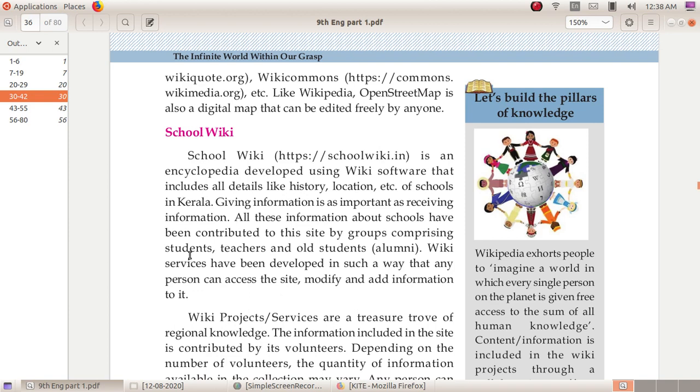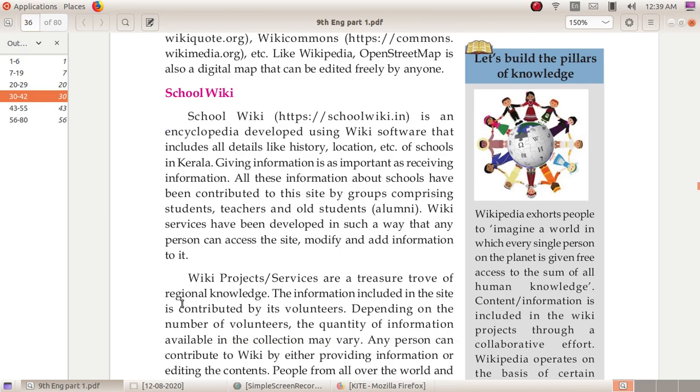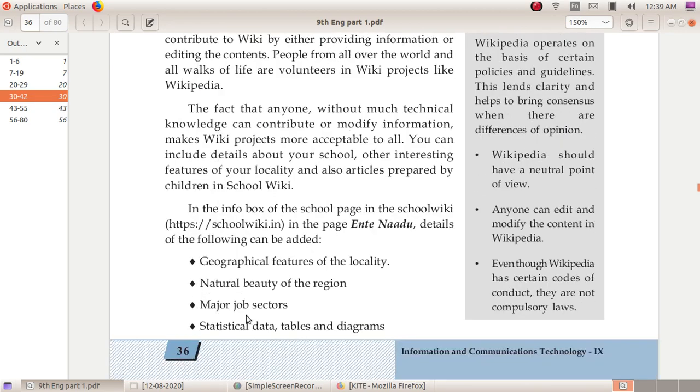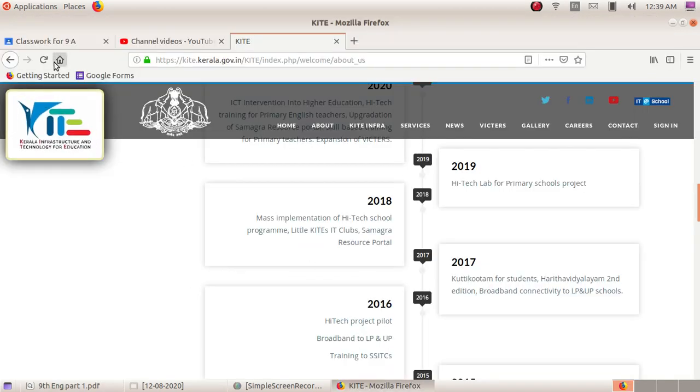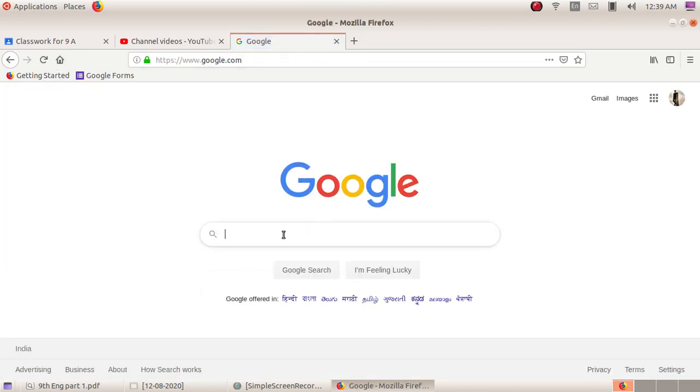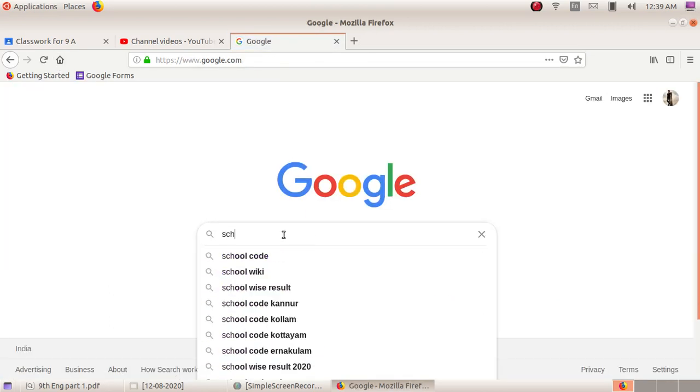Wiki services have been developed in such a way that any person can access this site, and modify and add information. We can go through School Wiki. Just search School Wiki.